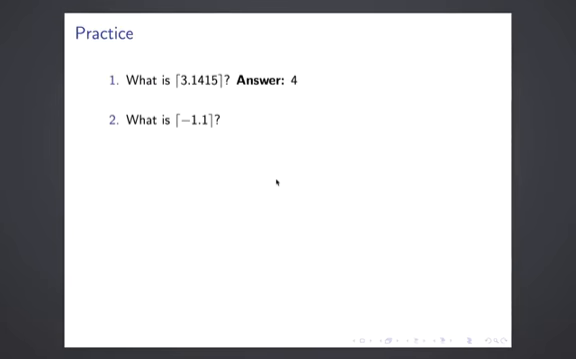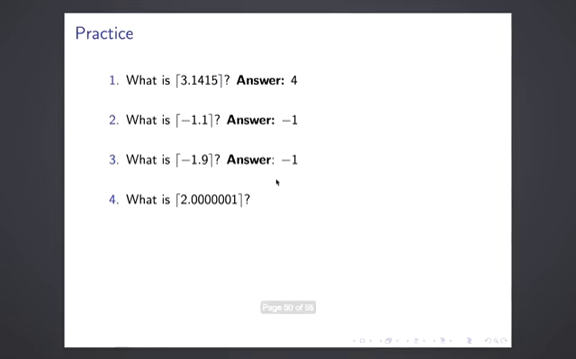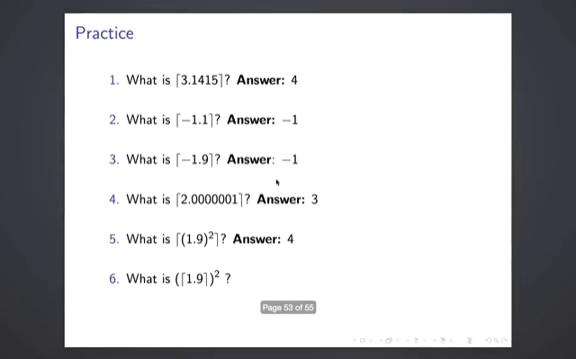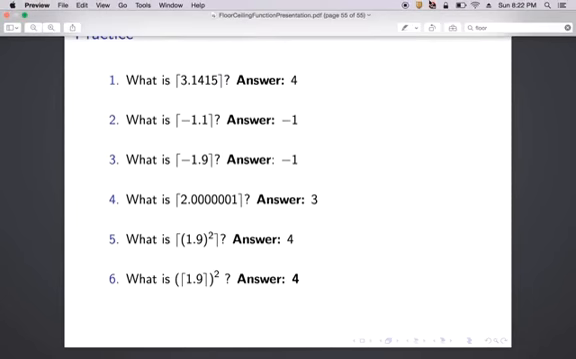What's the ceiling of negative 1.1? Here it's going to be negative 1 because you're going up, and negative 1 is greater than negative 1.1. Same thing with ceiling of negative 1.9. Ceiling of 2.0001, you're still going up, so it's up to 3. And in this case, for 5 and 6, it turns out that those answers are the same, but you would need to calculate that in order to be